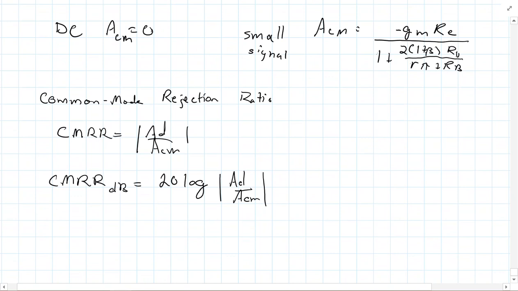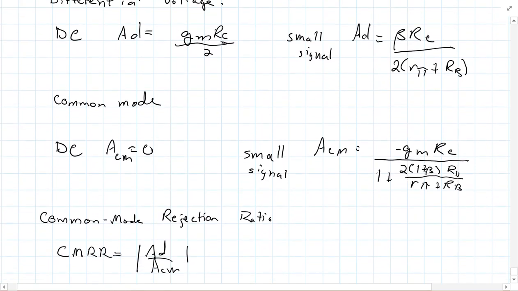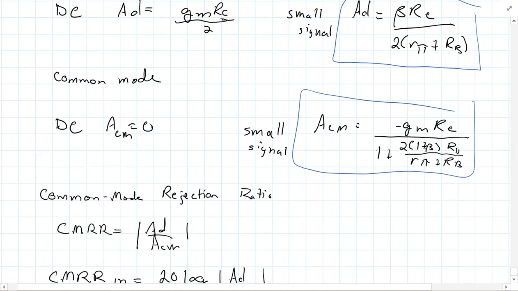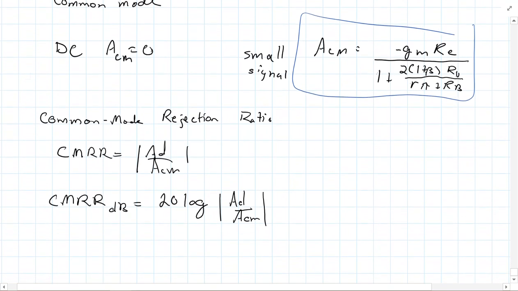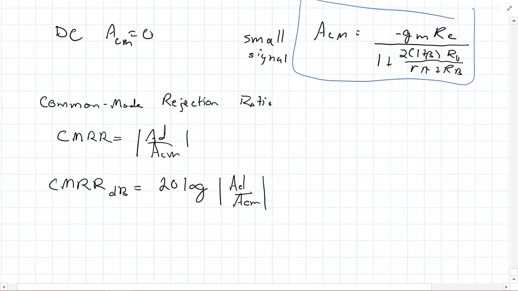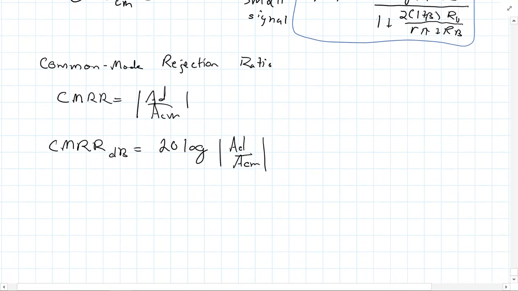And if we just look at this here and do some of the division, basically what we're going to do here, and I'm not going to show you the work, we would be looking at this here and this one here. Now we're looking at the magnitude, so the negative's going to go away, and you're going to have to look at some things canceling out and everything else. But using those equations, you can get here that the common mode rejection ratio, now this is not in dB, this is just a number at this point, is 1/2